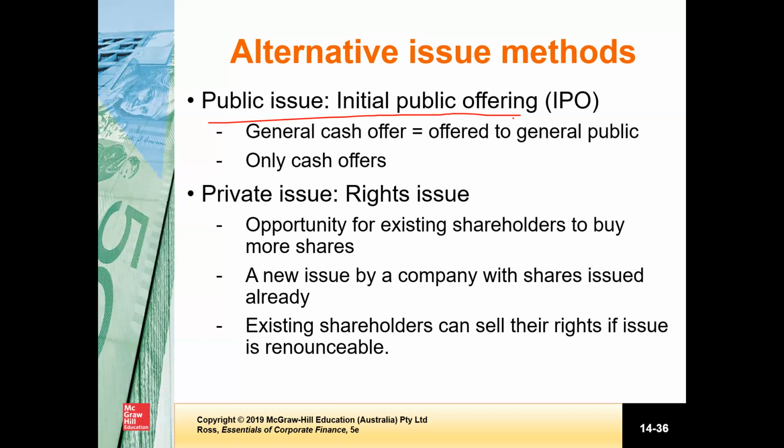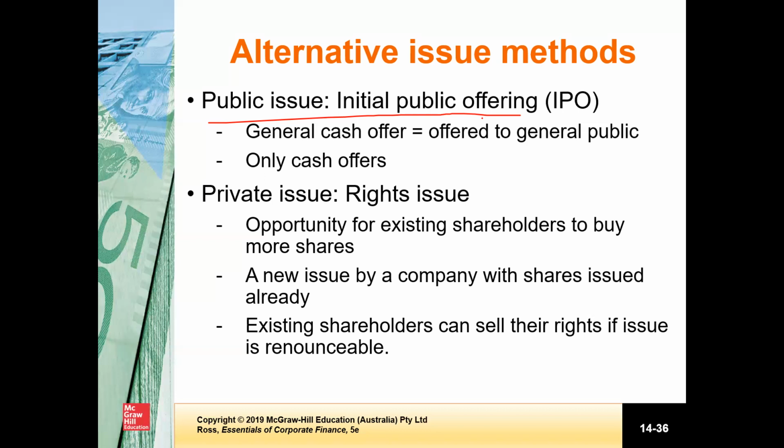To formally define, an initial public offering is where a firm issues securities to the general public for the first time, at the time of going public. The offer is open for a time, usually 6 to 8 weeks. And at the close of the offer, shares are allocated to investors on a discretionary basis. It could be that all applicants are allocated a number of shares, and then investors who wish to buy more are allocated a percentage of the number sold. Obviously, all initial public offerings are cash offers. If the firm's existing shareholders wanted to buy the shares, the firm would not need to undertake a public offering